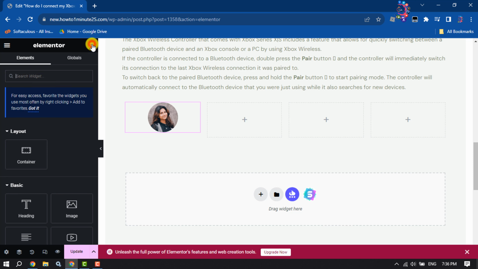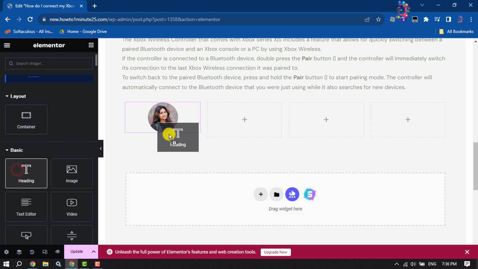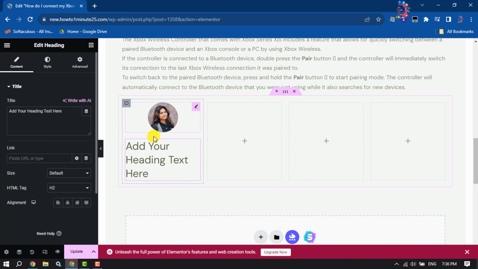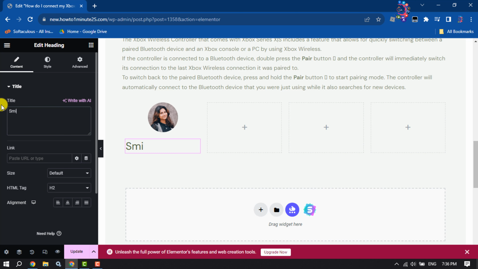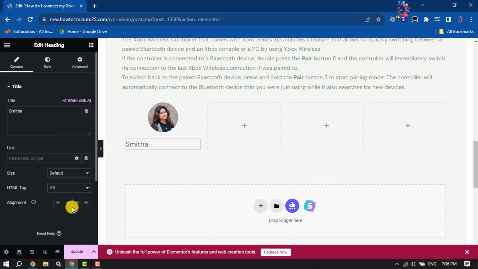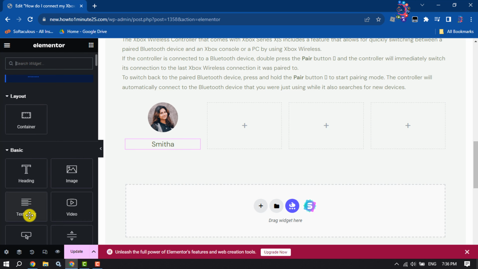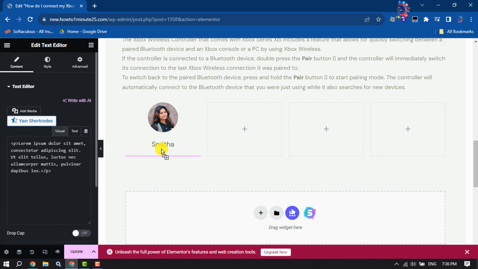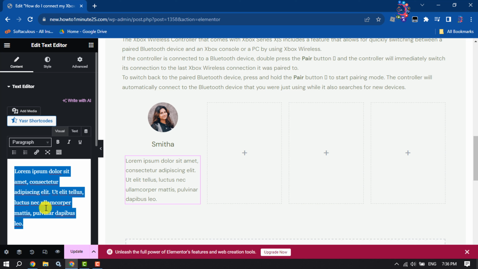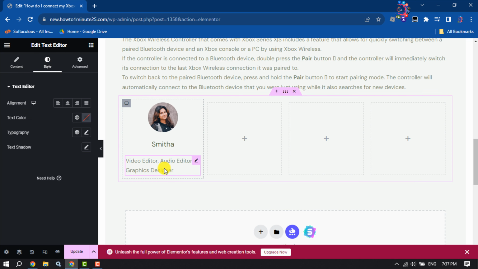So click on this icon and here drag and drop heading like this, and I'm writing the name here and selecting H3 and making it center, and now again click on this icon and here select text editor, add text editor. I'm typing a short description here and click on style to make this text center, and once done again click